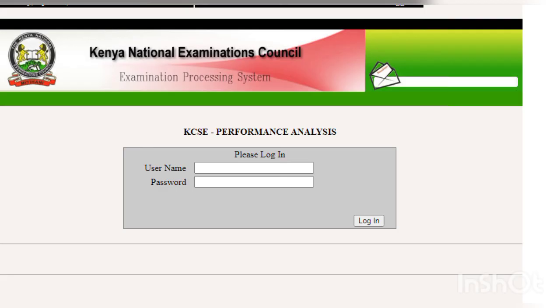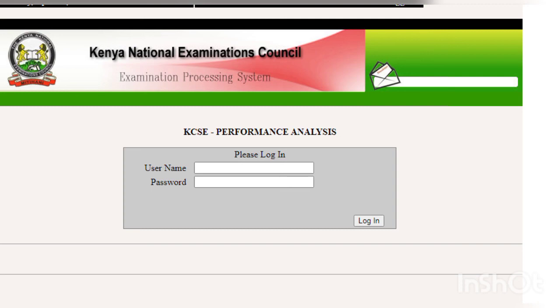Once you have selected, the KCPE result slip will be downloaded to an offline storage, whereby you'll be able to print the result slip, and that will be the end of that particular exercise.